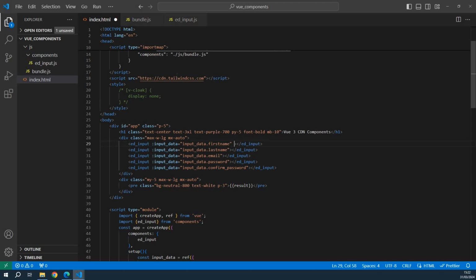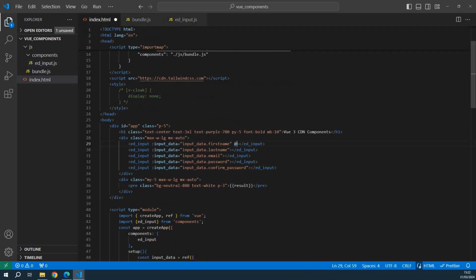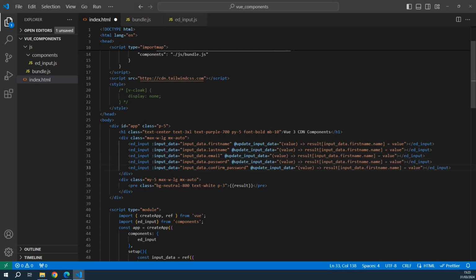It should be with that emit, and here this emit and equal to, then we have to specify, we take the value and then I want to give the name of that, because I want to have the key and value. So I'm giving the key the name of each input field, like first name in this case, and then the value for that one. So I can do it that way. And if I now run it,